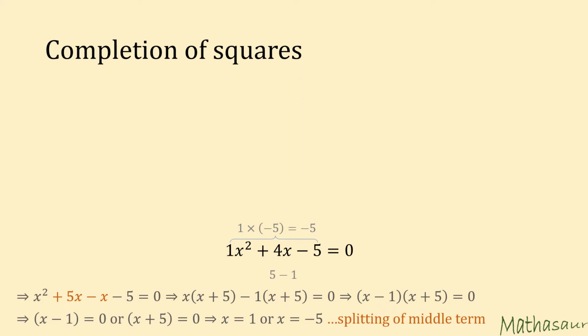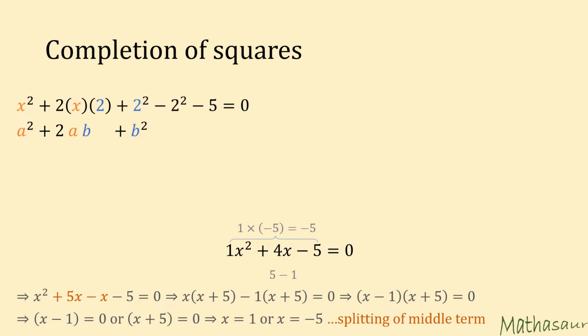Let us see if there is another way to solve a quadratic equation. Let us write x square plus 4x minus 5 equals 0 once again. Now let us look at the first two terms with the variable x and compare it with the identity a square plus 2ab plus b square. If a was x, then we could write 4x as 2 times 2x. Now this means that b would be equal to 2.